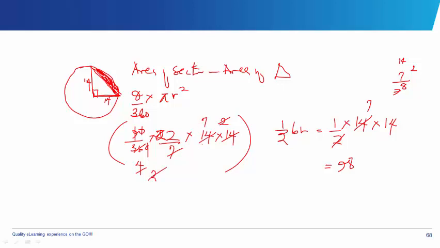So this is 22 times 7 left. And 22 times 7 is 154. So we'll now have 154 as the area of our sector, then minus the area of the triangle,